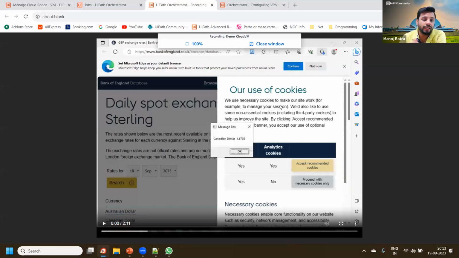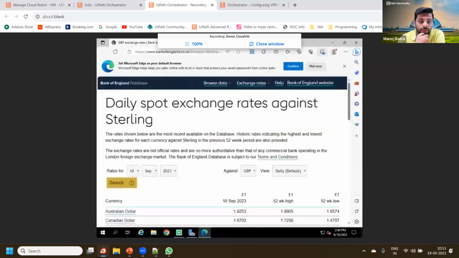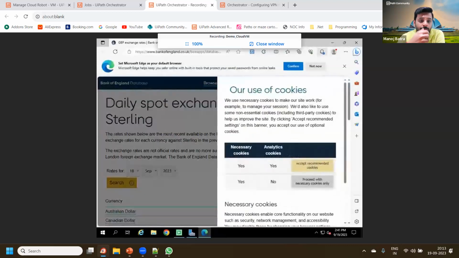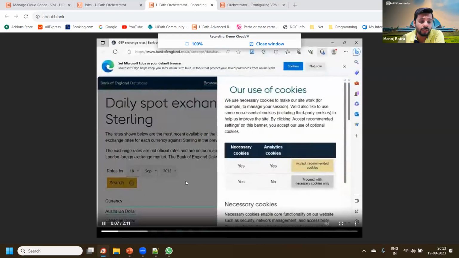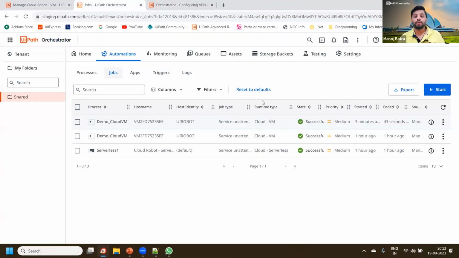All the infra part and everything will be taken care of by UiPath. Recording and everything will get stored on the UiPath server. So this is quite easy. So this was the initial screen and then the automation started. You can see that it took around 2 minutes 11 seconds to complete, but I'll not run the entire video because you have already seen that. So this is how you can create a cloud VM. So this was part one of your